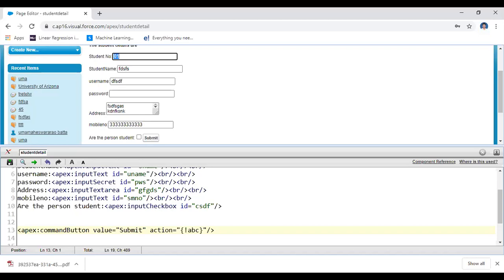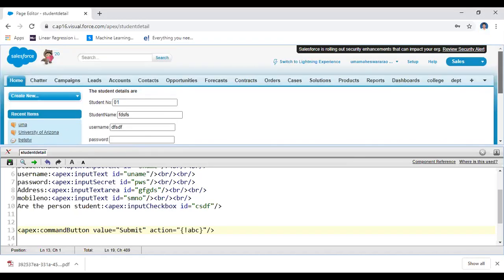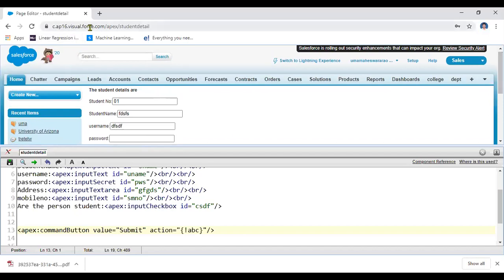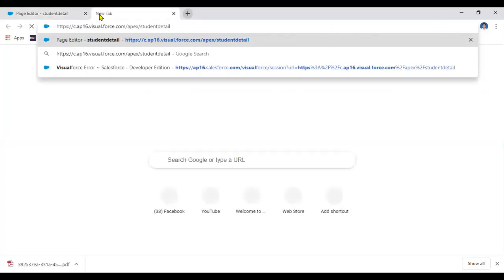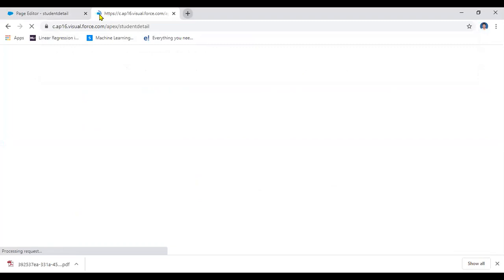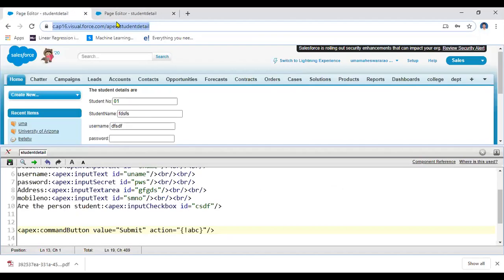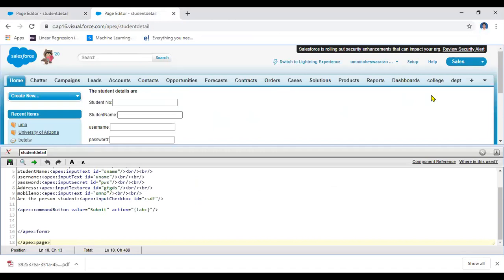And then custom controllers. Here, custom controllers are Apex classes. By using this custom controller, you will implement your own business logic. Here, how can you implement our own business logic? By using classes. That means in order to do that, before that, I need to implement one class here. For that, I am going to take another tab. I'm showing both in the same place. I'm going to write one class here.